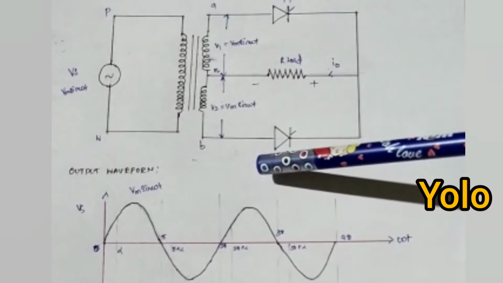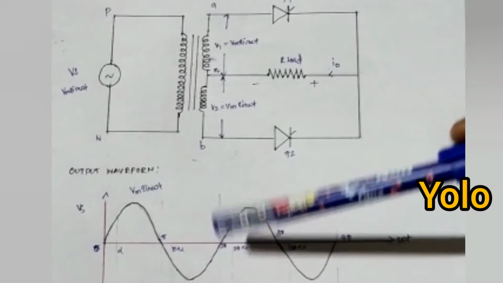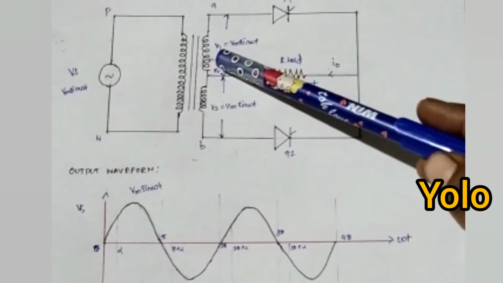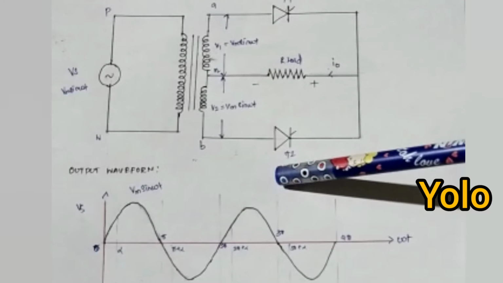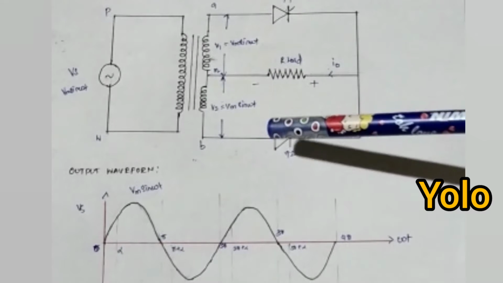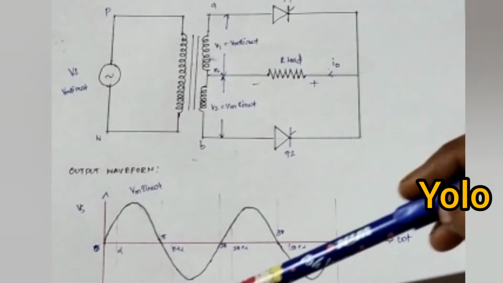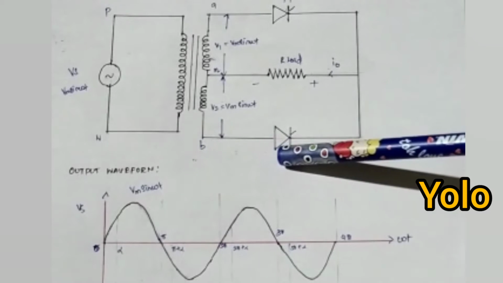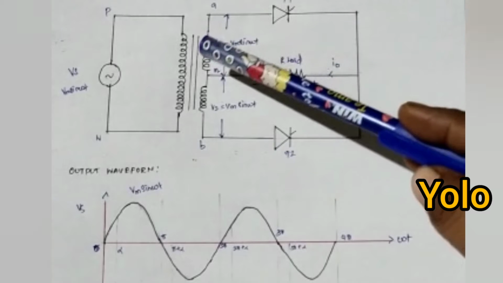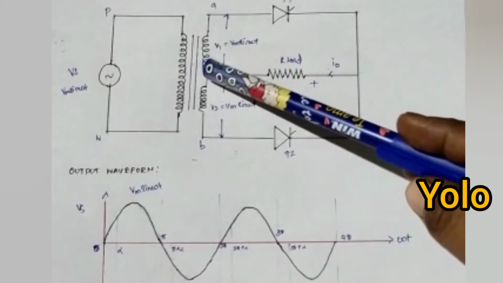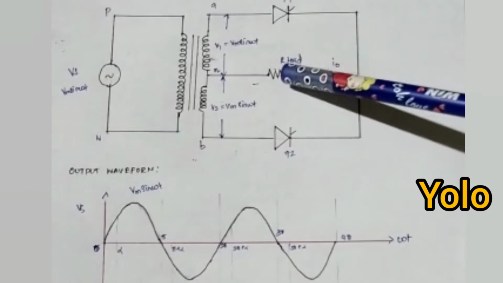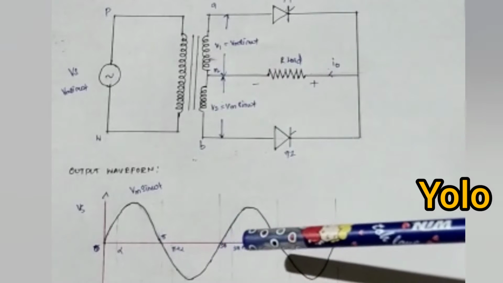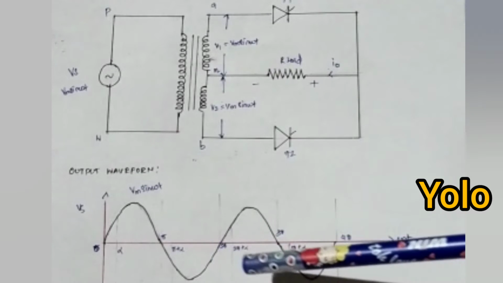During the negative half cycle pi to 2 pi, the terminal B of the transformer is positive with respect to N. SCR T2 is forward biased. At omega t equal to pi plus alpha, SCR T2 is triggered. Current flows from B through T2 to the resistive load and to N, the center tap of the transformer. So the current path is B, T2, R, N. This current continues till the angle 2 pi. Then T2 is turned off.